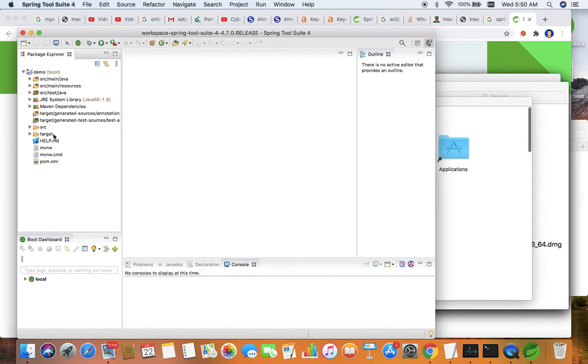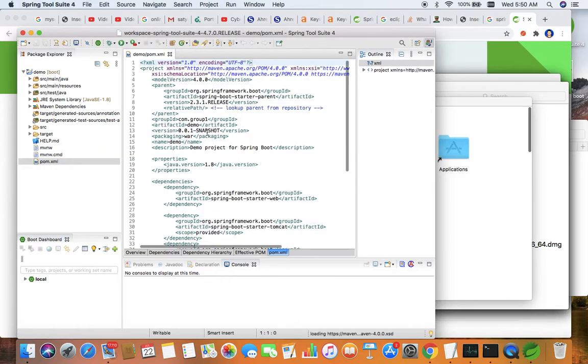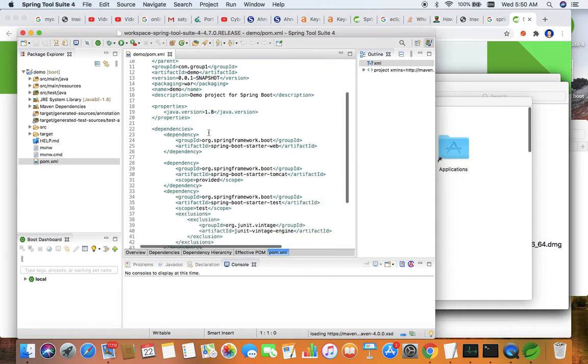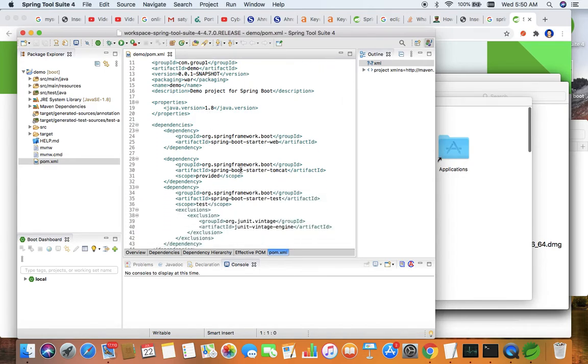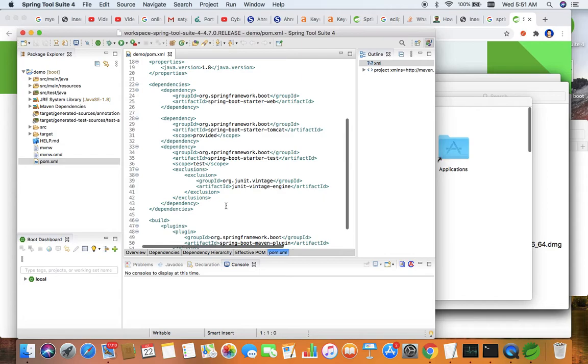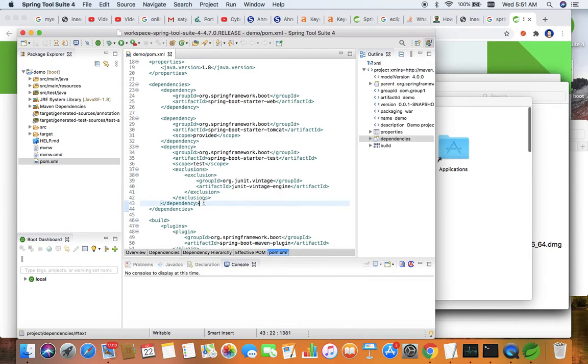As we had discussed in the video where we used Eclipse, the same thing we have to do over here. The link I will share in the description box. So first of all I have to change this pom.xml, because 3 dependencies are going to be there: one is Spring Boot Starter Web, Spring Boot Starter Tomcat, then Starter Test, but Jasper is not going to be there, so Jasper you have to add. That's the 4 dependencies you have to add.